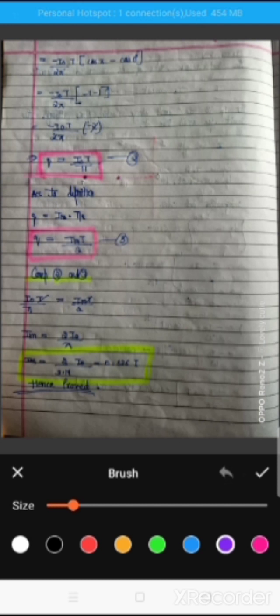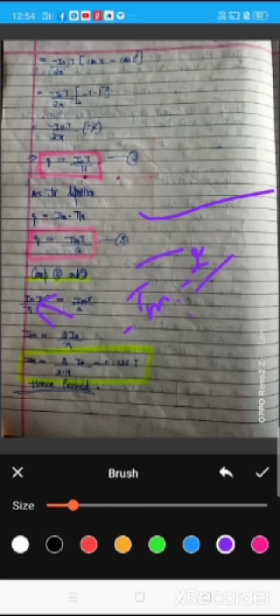This is equation 2. According to the definition, Q is equal to I m dot T by 2. Again it is highlighted with the pink color that Q is equal to I m T upon 2. Equation 3, and we will compare both sides. And what we will get, I naught T upon pi is equal to I m T upon 2. T to T cancel. I m is equal to, this 2 will go up, 2 I naught upon pi. So calculation work, I m is equal to 2 upon pi.